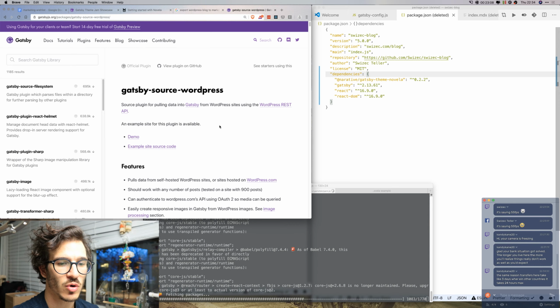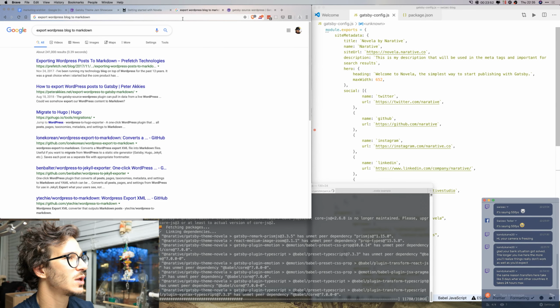So Gatsby config, I'm going to disable their tracking ID, or the analytics plugin, because I will have a different one. Gatsby plugin manifest. I'm not sure what that does, but for now we're going to keep all of this configuration the same. Wait for the download to finish. While that's happening, let's look at